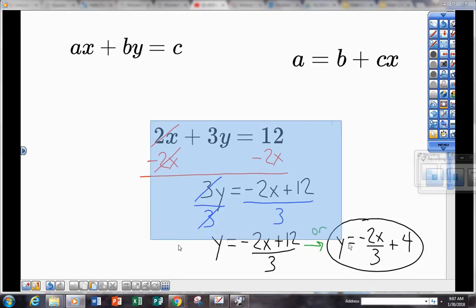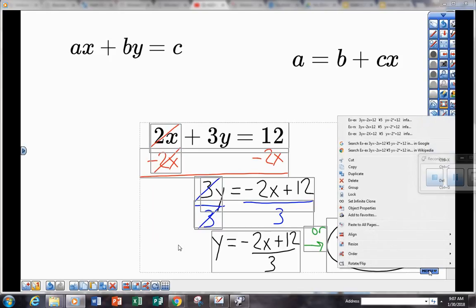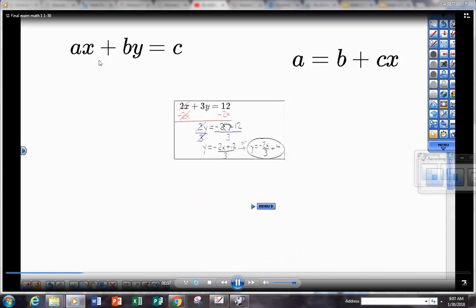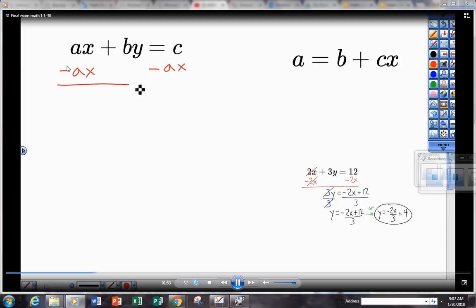All right, next problem. I'm going to shrink that down and now solve this equation up here with just letters. I'm going to solve for the variable y, but it's going to be the same format as I did this one right here, but this has just letters. So to get that y by itself, I need to eliminate this whole ax term by subtracting ax on both sides. That whole term cancels away, and I just bring down the by,